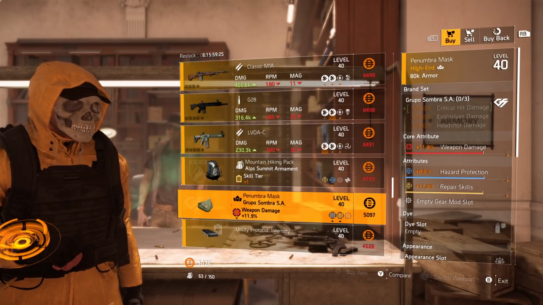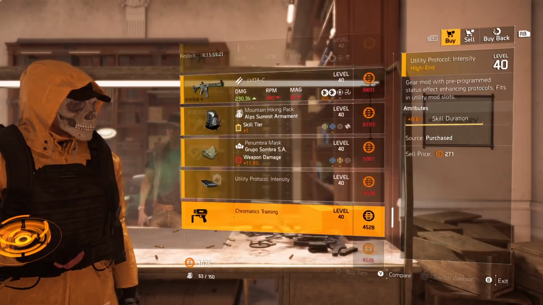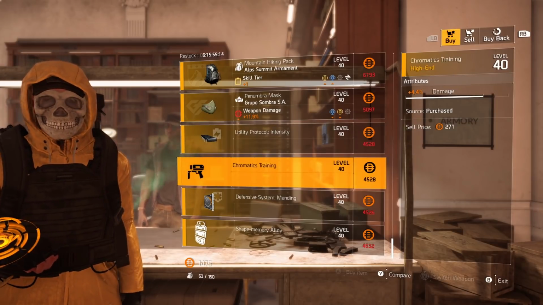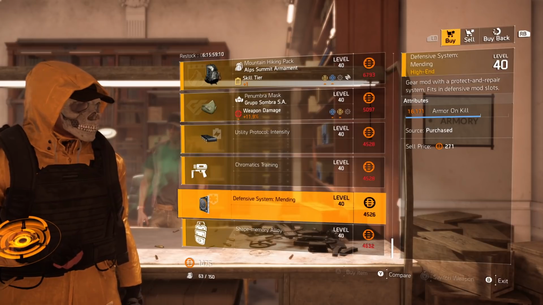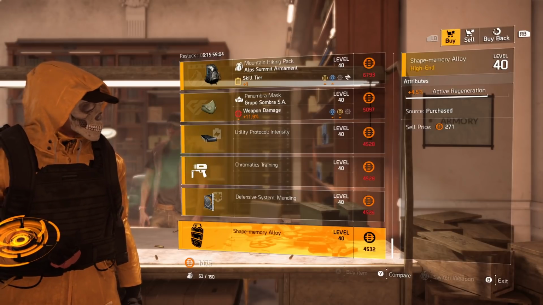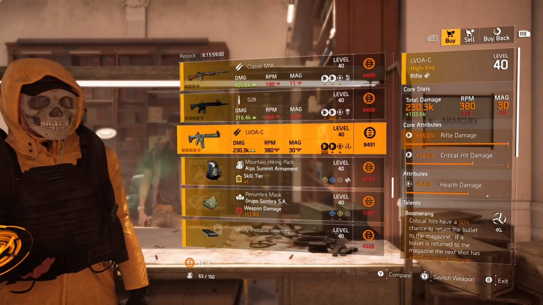A Grupo Sombra pair mask with hazard protection and repair skills. And then finishing up with the mods, we have a skill duration 8.8, chem launcher damage 4.4, armor on kill 16.1k, and then a shield active regen of 4.5. So from the clan vendor, any must buys,